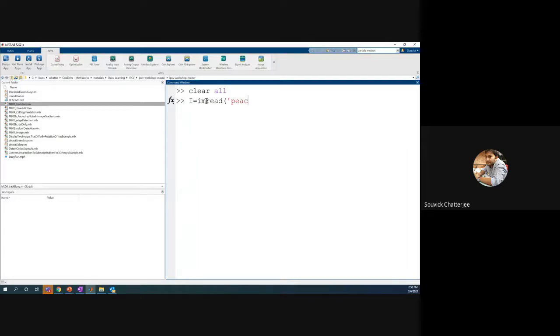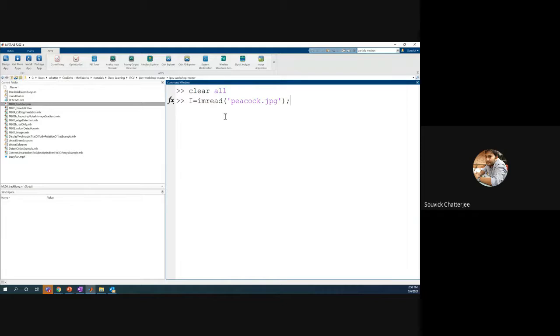Now I'm using an image which is already there when you install MATLAB, and when you do imread, this comes up. Instead of just giving the image name, do you need to give the path? Yes, basically you have to give the path. The easiest way is to go to the path here, or you can just specify the path, and that also works.